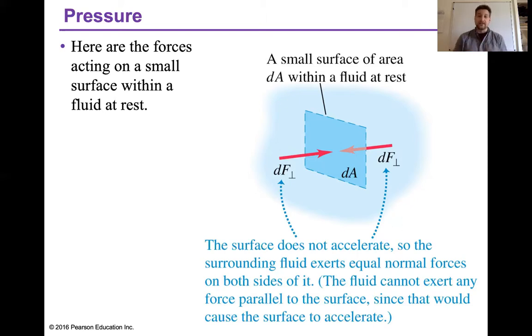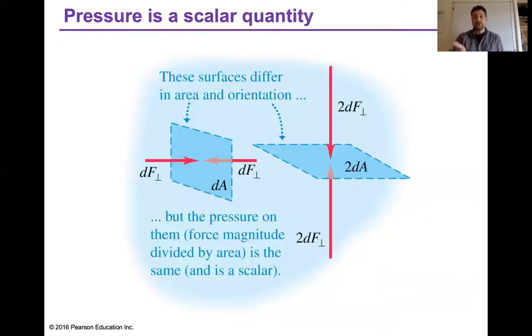So the net force needs to be zero, and equal forces act in opposite directions. They have to be perpendicular to the surface, because if there were some component along the surface, then that would tend to drag that piece of plastic up or down or to the side. There can't be any component parallel to that surface, because then the surface would move. So the force has to be perpendicular to this area and equal on both sides. The same is true vertically.